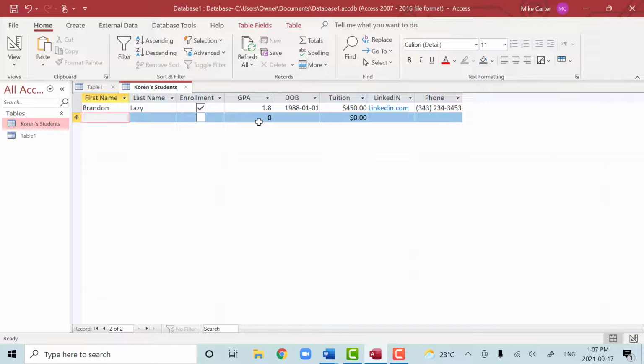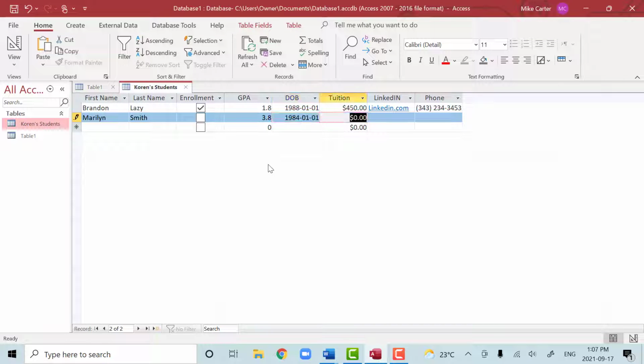Okay, now we'll go to the next line. I just press enter, and you can see this little star every time we put a new record. The star pops up, and then it tells us which line we're on currently. So, I'll just make up a name, Marilyn. First one that came to mind. We won't enroll her yet. She's doing better. And then again, 1, and then 80,